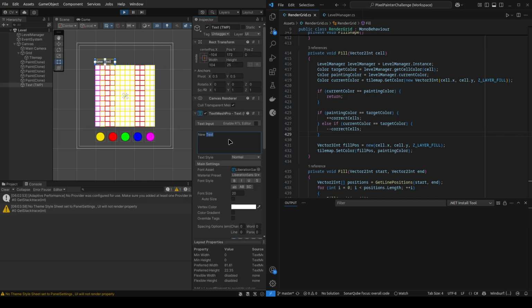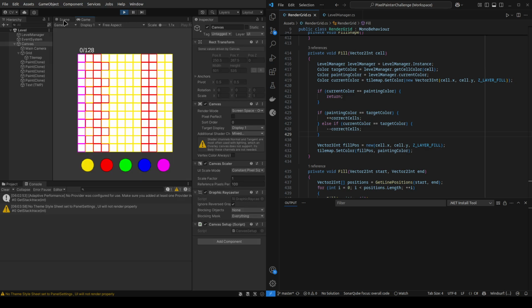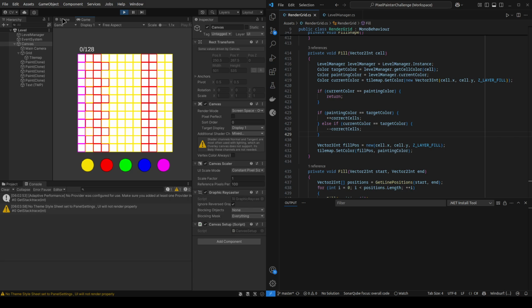So we have text. And in here, it will show 0 out of, I don't know how many blocks we have, 128. Correct. And then we can add some extra fancy stuff on it later, but it doesn't matter. So how does it look in the game? It has to be a bit higher. 175. It actually seems very, very ugly rendered even. But anyway,